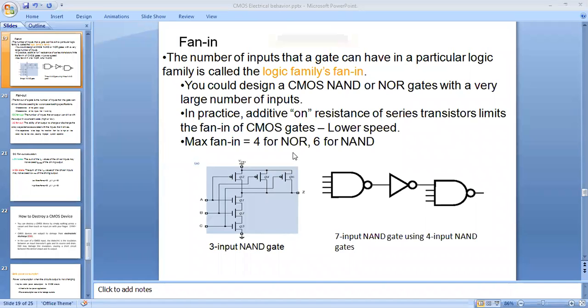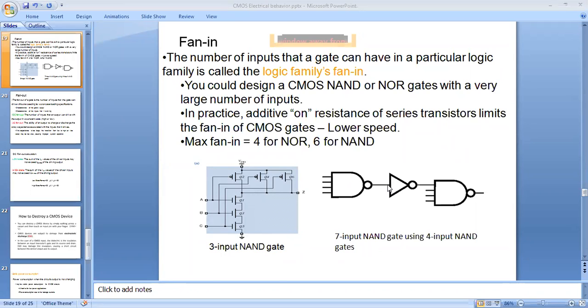For CMOS, to provide NOR logic up to 4 we directly connect. For NAND logic, up to 6 we directly connect. But if we want 7 or 5 like that, then we connect a cascading of NAND gates. See this diagram, we connect a cascading of NAND. Suppose first of all you take the first gate. At the first gate we have 4 inputs. So at this point we have an output of ABCD bar.